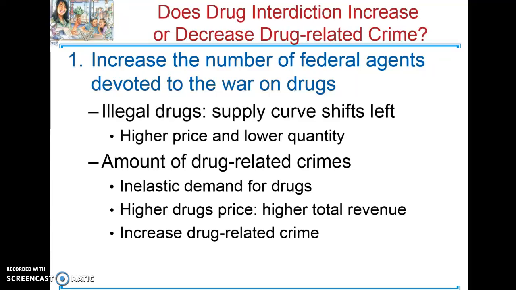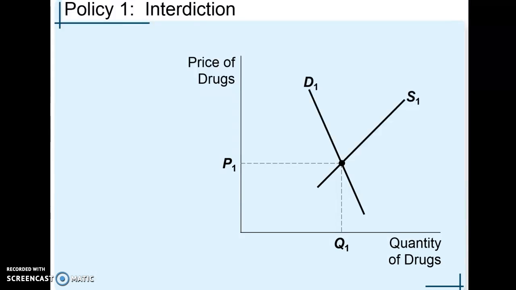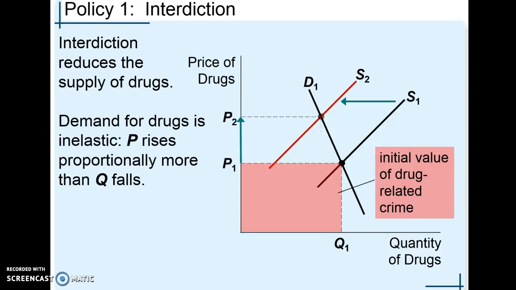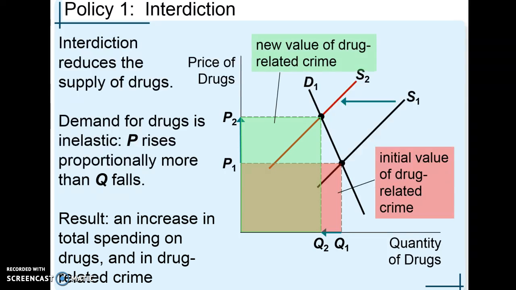Okay, in this example, we're going to evaluate two different approaches or policies designed to reduce illegal drug use. The first one looks at the increase in the number of federal agents devoted to the war on drugs. The increase in federal agents would reduce the supply of drugs. The demand for drugs, however, is inelastic because of addiction issues. So you would see an increase in total spending on drugs and in drug-related